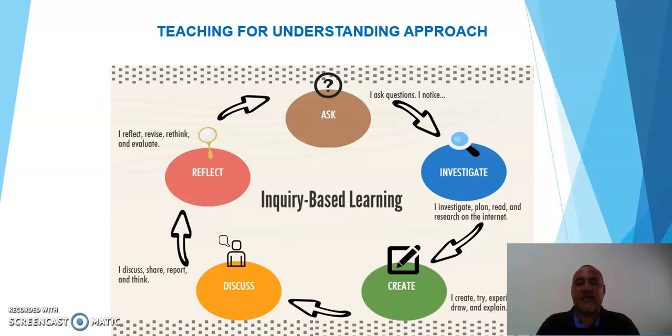Then after that, they have to investigate, to strengthen their prior knowledge. After that, they have to create something based on the questions. As this approach is a team group, they have to discuss, make a reflection, and then keep on asking and asking. So here learning is a dynamic process.